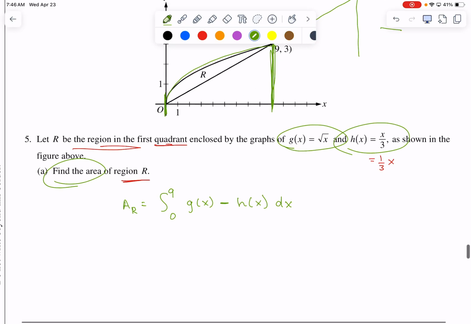Now I actually have to plug in what g of x is. So I'm going to have the area from 0 to 9 of x to the 1/2 power. I'm just going to go ahead and write it as x to the 1/2, minus 1/3 x dx. That is all simple to do. So then what I'm going to do here